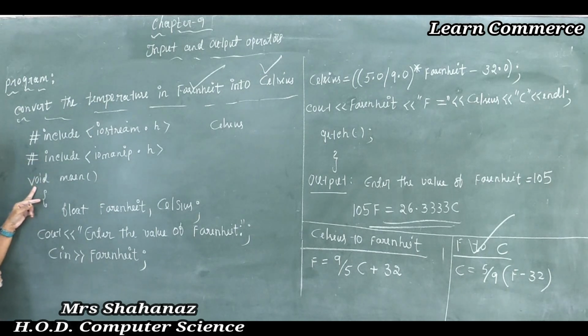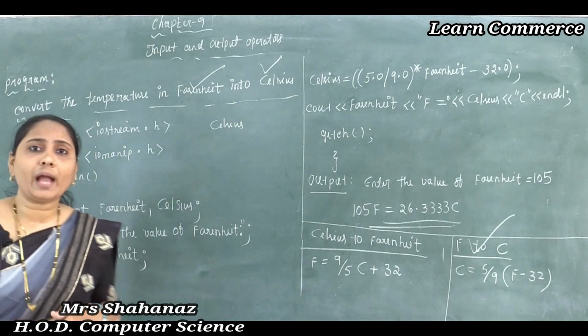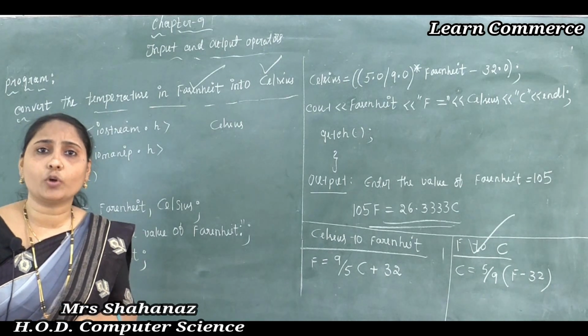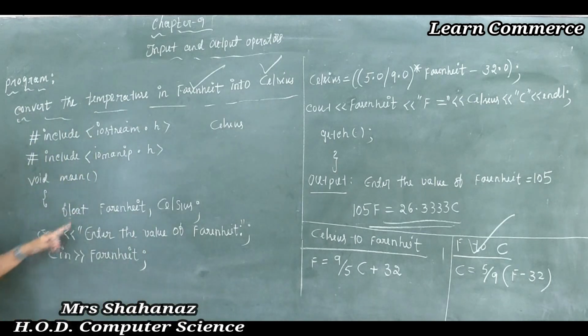Okay, now after writing the header files, as we know it starts from void main, correct, no? Void main open close, then the opening of the curly bracket, which indicates the opening of the program. After opening the program, whatever variables you want to declare in the program, such variable declarations we need to write after the opening curly bracket. Now as we know, for Fahrenheit, maybe I want to display 32.0, then surely we need to use the data type float.